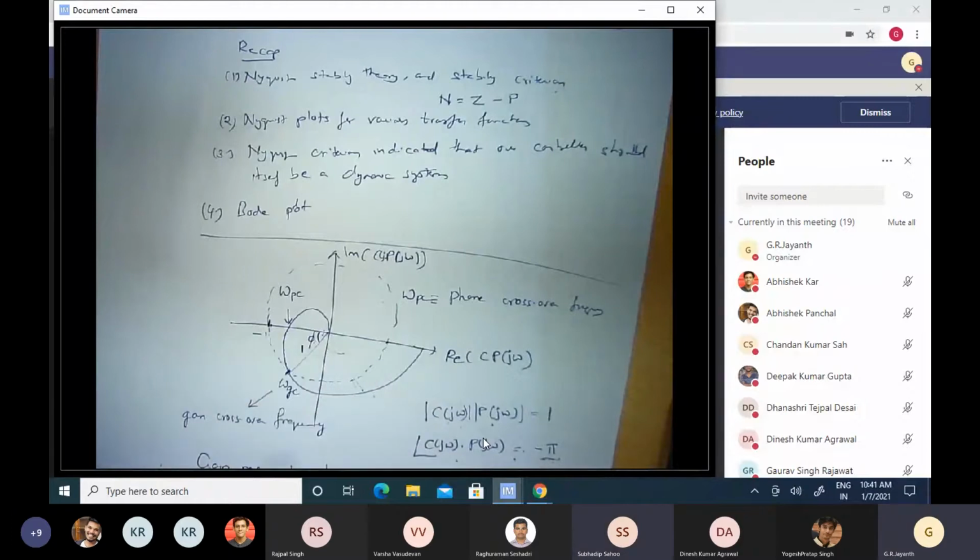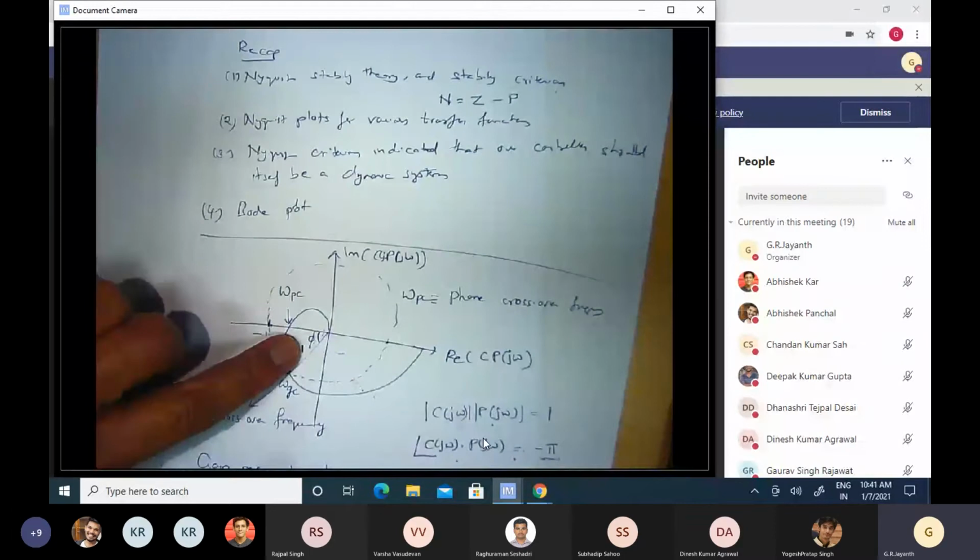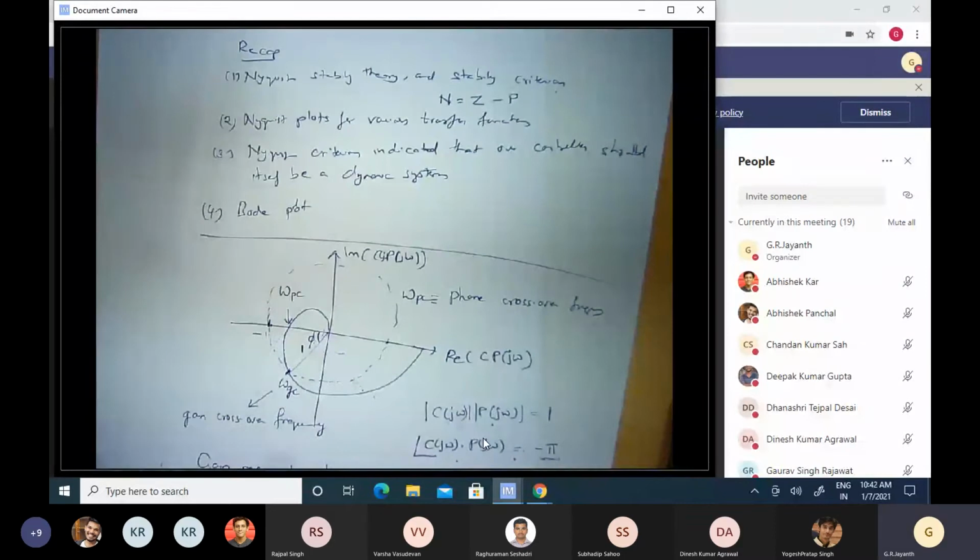What does that in turn mean? That you have a pair of closed loop poles on the imaginary axis. So that is neither stable nor unstable. It's marginally stable as per our definition. But marginal stability is also a risky thing. You don't want initial conditions or disturbances to persist forever. You want them to die down. So to ensure that your system is stable and not just marginally stable, your phase margin should be greater than 0, and the larger it is, the better it is. Yes, sir. Thank you.